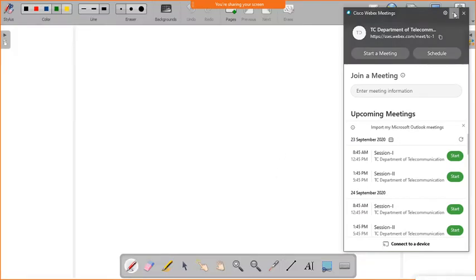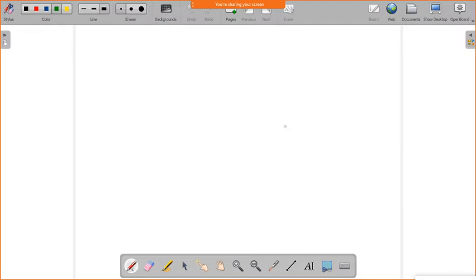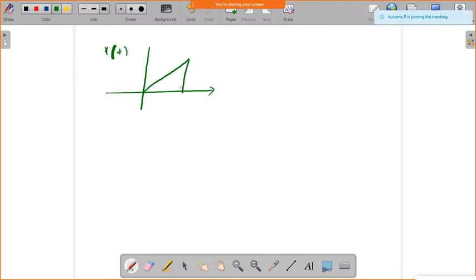Okay. So in the last class we were discussing some of the problems. I need to make one point here now. In the last class we discussed the reflection and shift operation in one problem. I'll repeat that. That is x of t, defined like this, the signal which is from 0 to 4.